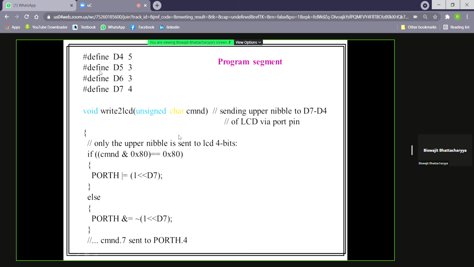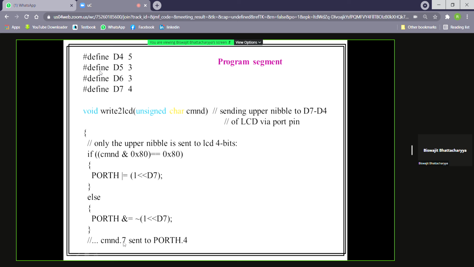If command ANDed with 80 hex, a masking byte, gives the result 80 hex, it means D7, port H.4, will be equal to 1. Else port H.4 will be 0.